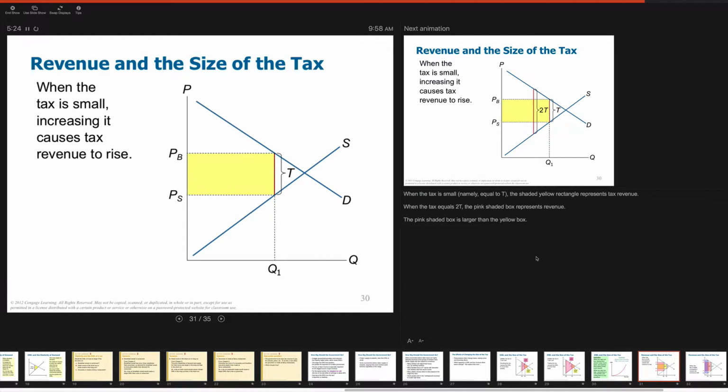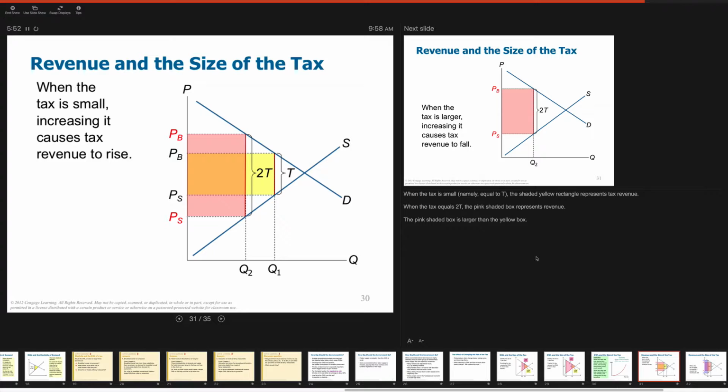Okay. We're going to increase the tax. Our tax revenue goes up, doesn't it? Yep. What does our tax revenue become? It becomes a box the size of the tax, right? So in between the price buyers pay and the price sellers receive is our tax revenue. Woohoo! We got lots more tax revenue. Oh, it's a good chunk more. It's maybe half again as much more.